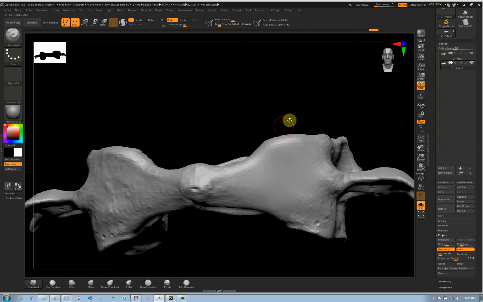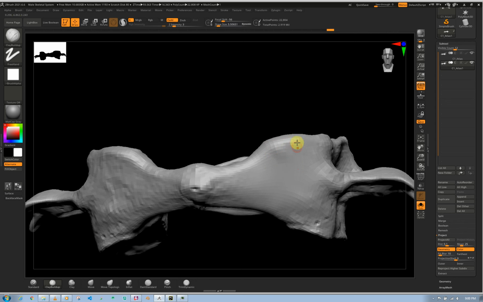If you have your reference, unfortunately I don't have it here close by. What I normally do is take the clay brush and use my brush size and then my intensity. If you don't want to go too strong, just press U on your keyboard and then dial this down, probably 3 or 4, depending on the brush. Currently I don't have any